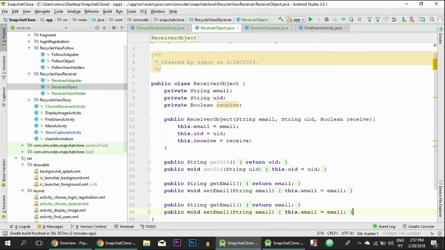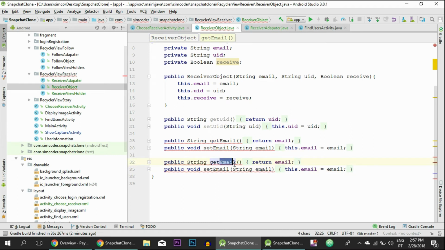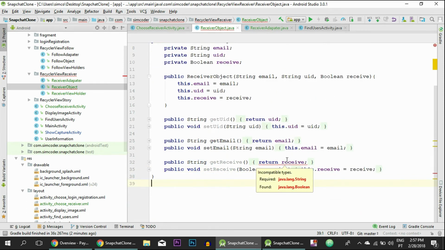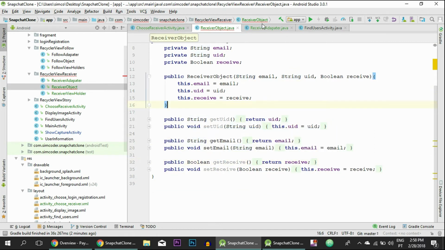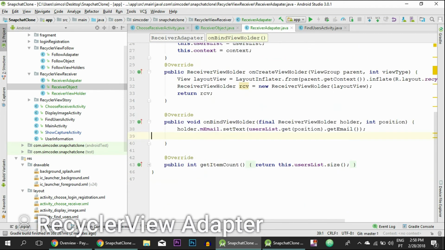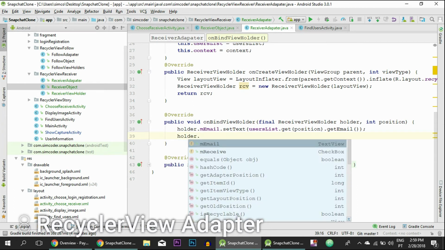So I'm going to duplicate one of these functions and say, what did you call? So receive and receive. Okay, return receive, return receives, receive. Make sure you change all of it, Boolean. Okay, and return receive. Okay, there's a Boolean left in here. Okay, and now we can go back to the adapter, and in here,